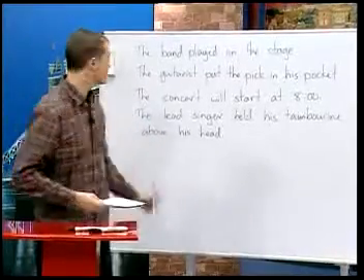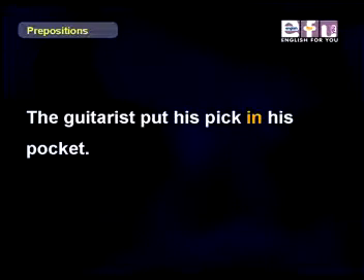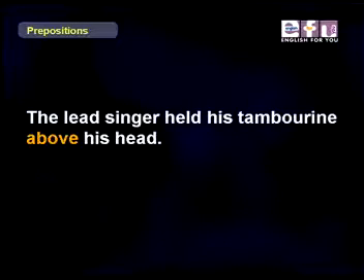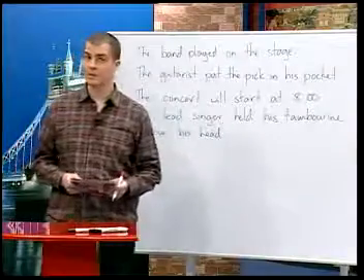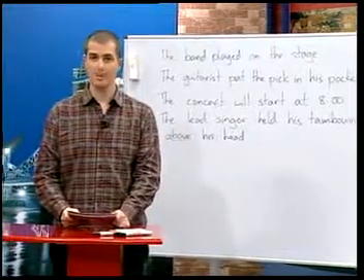In the first sentence, the band played on the stage. On is the preposition. The second sentence, the guitarist put the pick in his pocket. In is the preposition. The concert will start at 8 o'clock. At is the preposition. And the lead singer held his tambourine above his head. Above is the preposition. A preposition is a word which is used to show the way in which other words